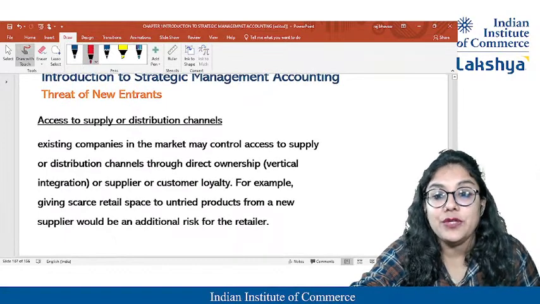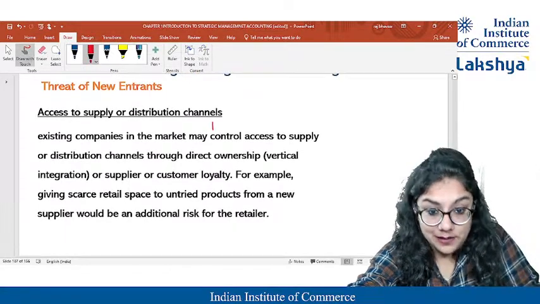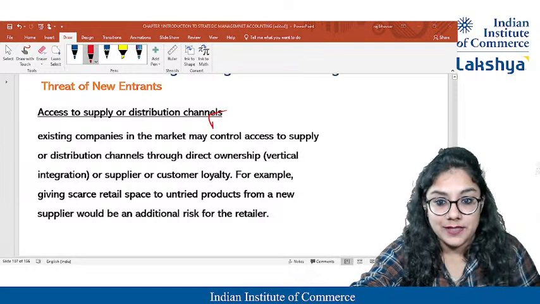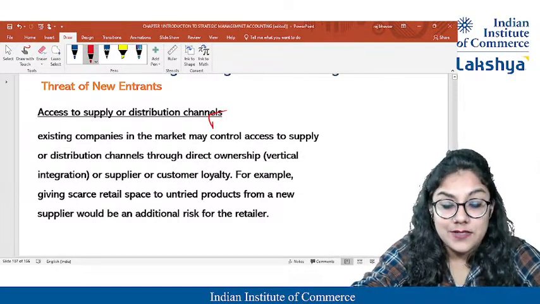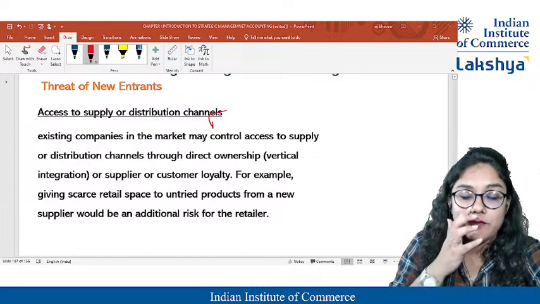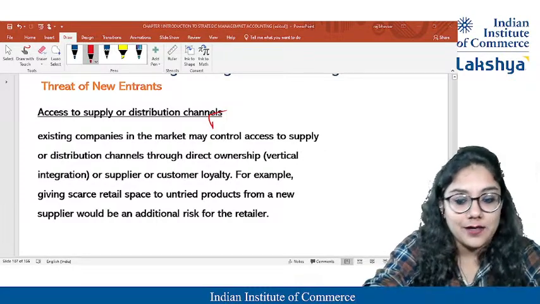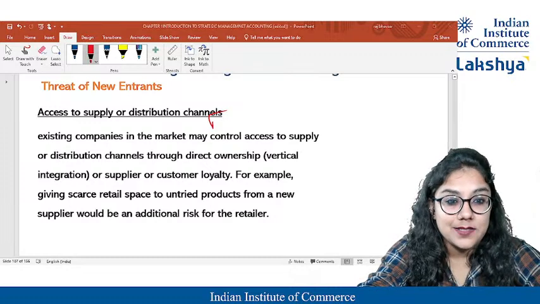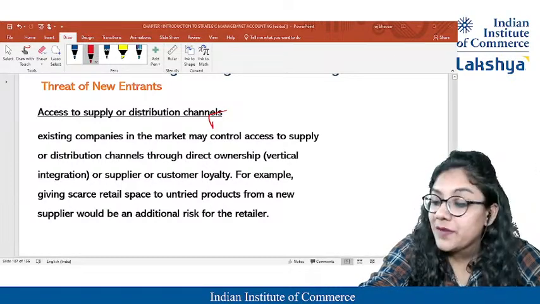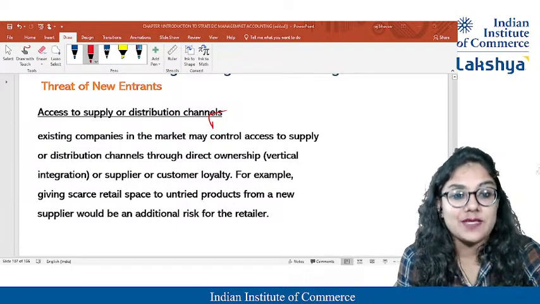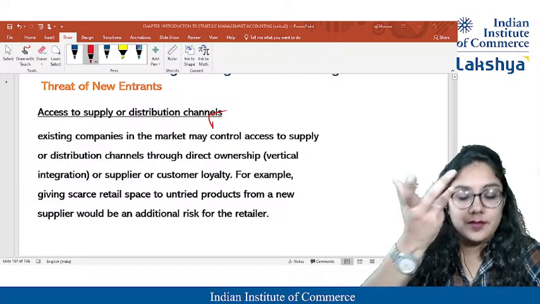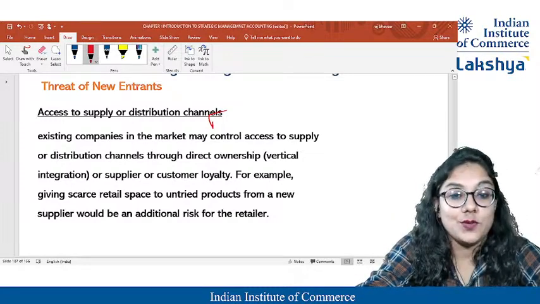Then we have the threat of new entrants in the distribution channels. We need to have a proper channel where we can distribute our products. For example, I go to buy a car and they say, ma'am, you have to wait for 1 month because our dealers will take time. Maybe you will not wait for 1 month, and you want to switch to some other car. So yes, that is also a hindrance.